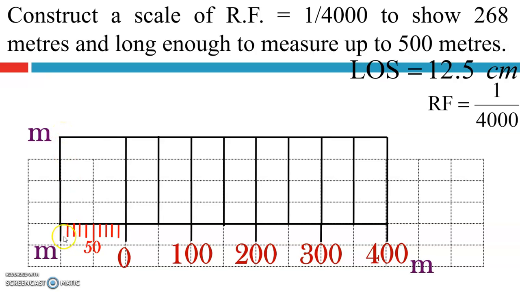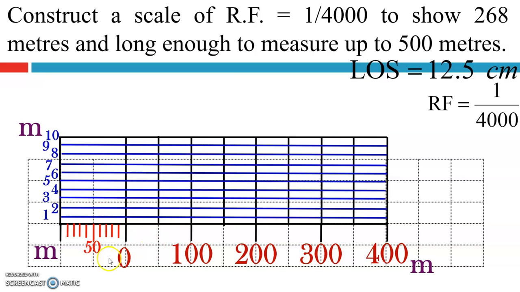Clear? But what is the length of each division here? It is 10 meter. Each division gives us 10 meters. So I will divide this vertical line into 10 equal divisions, and one division will show us 1 meter. So it is 1 meter, 2 meter, 3 meter, 4 meter, 5 meter, and similarly 10 meter. So now we have to draw horizontal lines. Then we have to divide the topmost part into 10 divisions. So here also we have to divide into 10 divisions.